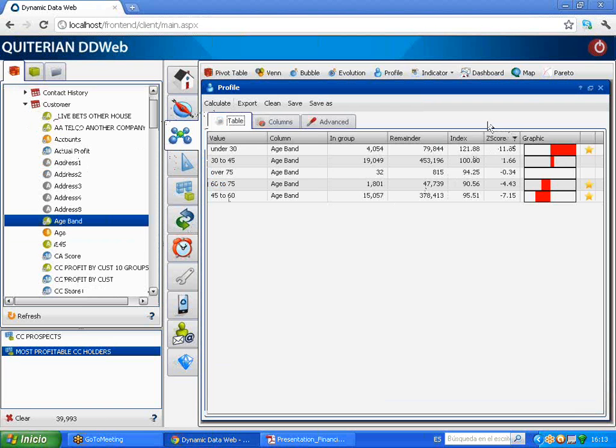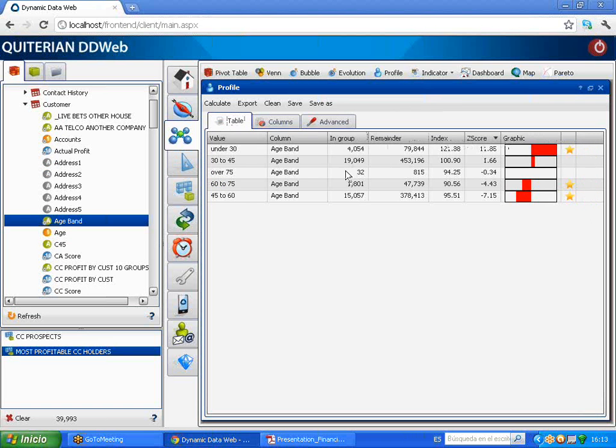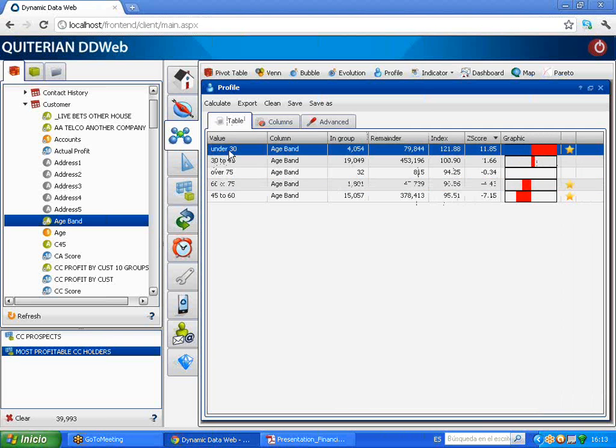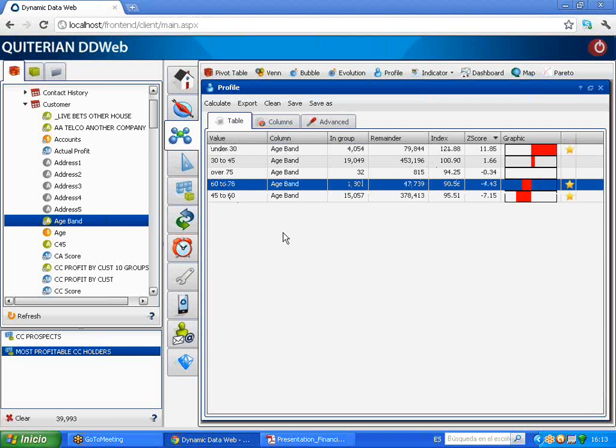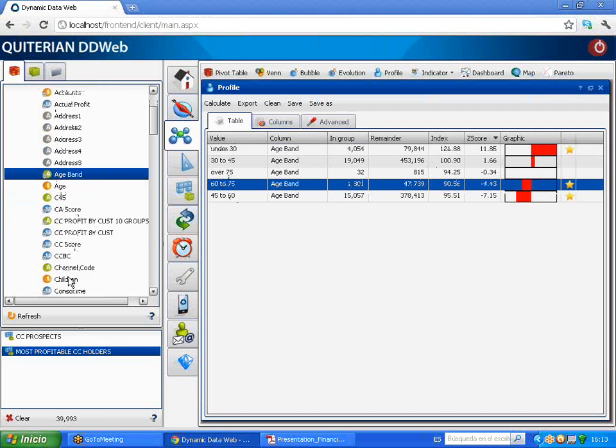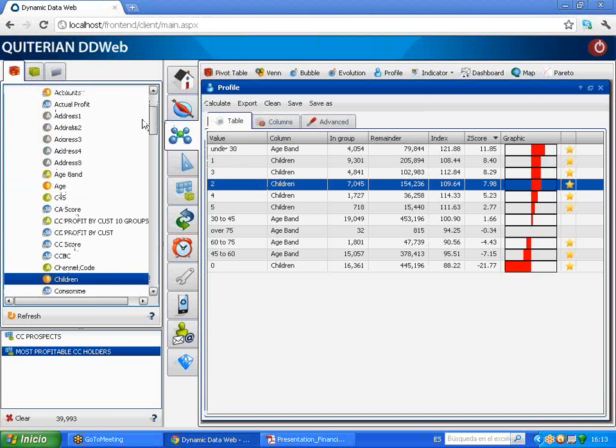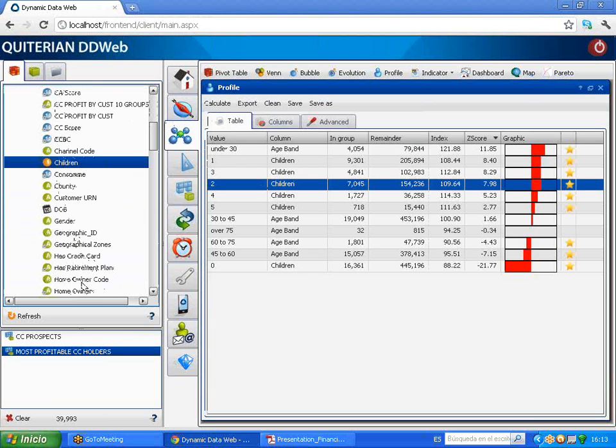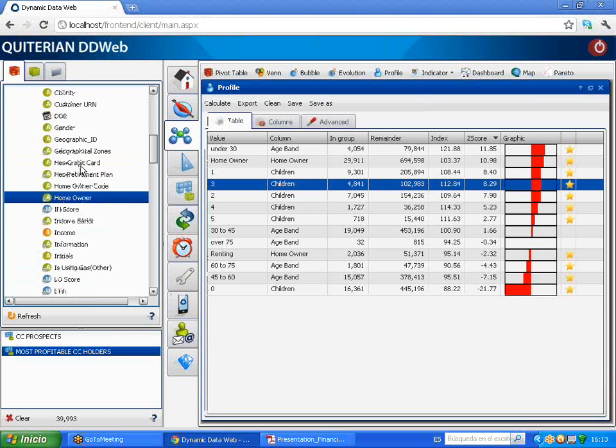As you can see, this is based on the Z-score mathematical and statistical method. I'm basically saying which characteristics are representative of a group, positive and negative. In this case it means that being under 30 is very representative and positive in this group, and being between 45 to 75 is negative. Let's see, for example, if having children or not is important, or being homeowner or not,